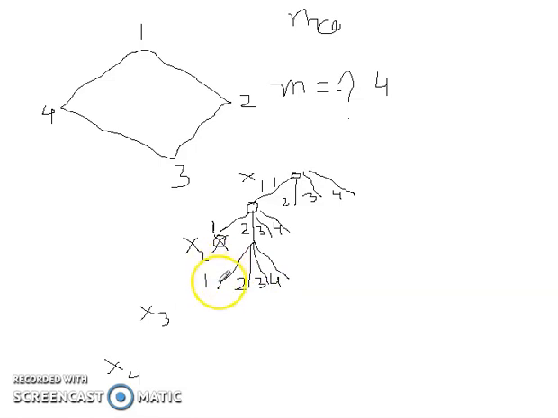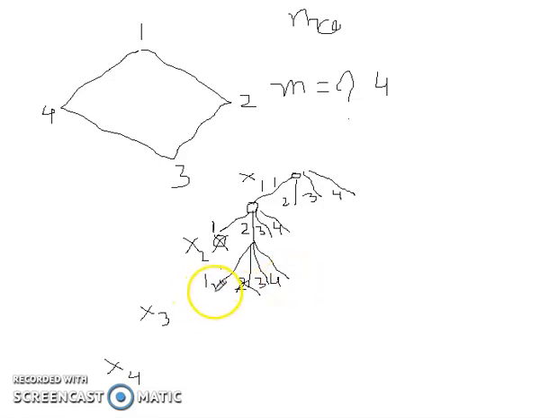So here, the first vertex is colored 1, second vertex is colored 2. Now I try to give color 1 to the third vertex. As you can see here, 1 and 3 don't share an edge. That is why I can color the third vertex with 1. This is allowed. Similarly, if I try to give color 2, now 2 and 3 are connected. So this move is not allowed because 2 is given the color 2, so 3 cannot be given the color 2. Then if I try to give the third color, that is allowed. If I try to give the fourth color, that is allowed.